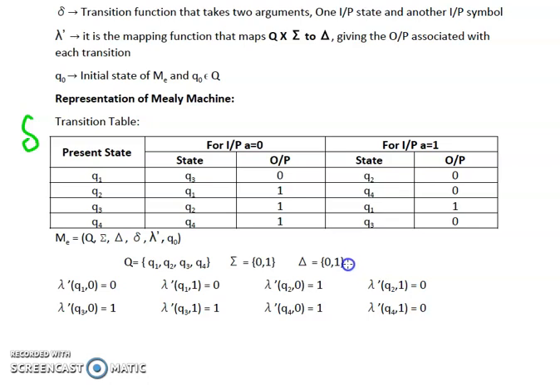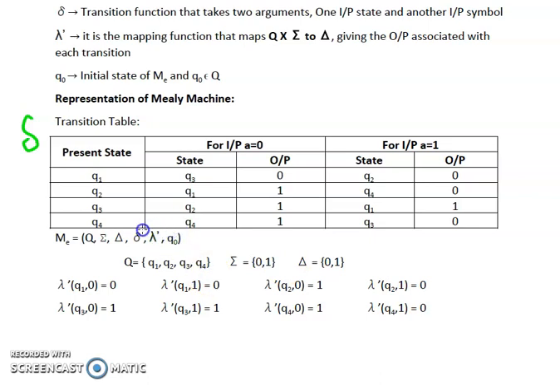Now, one thing to be clear is that summation and delta are two unique sets. If the values of the set summation and set delta are the same, that is a coincidence. It is not necessary that the values in summation and capital delta are always the same. We can have different values if a different output is provided. So these two sets are unique and they can have common elements or they cannot.